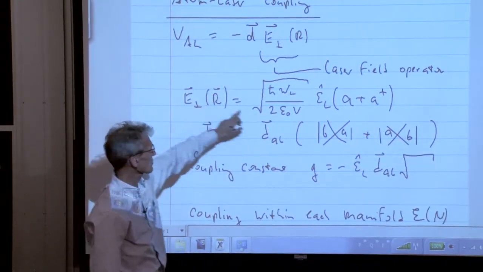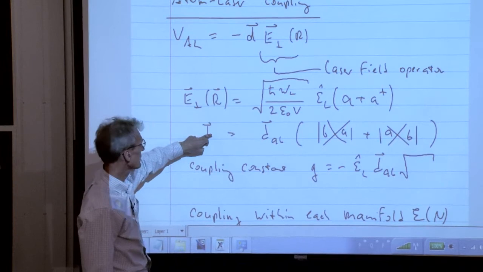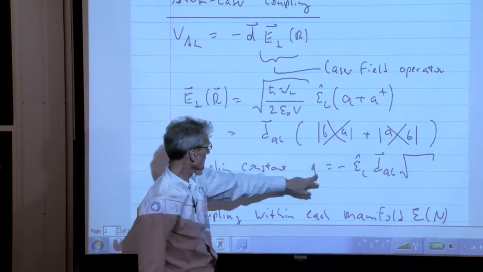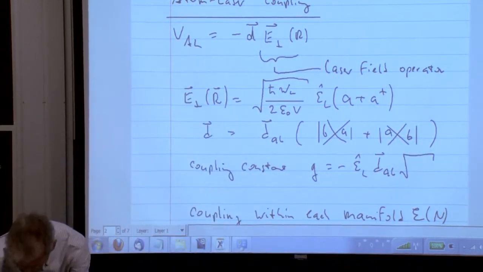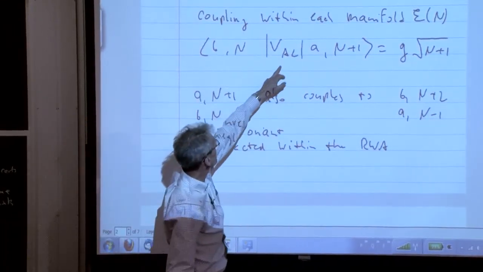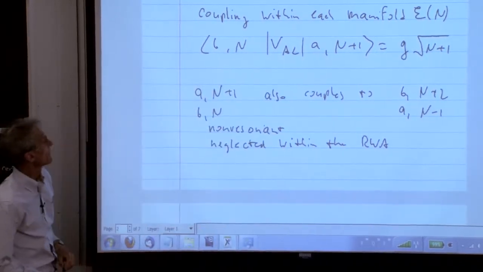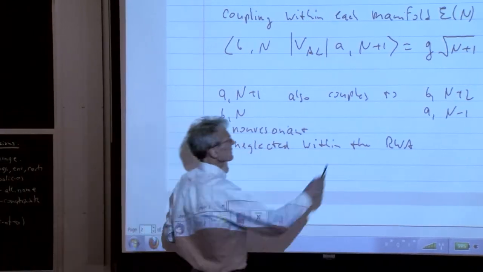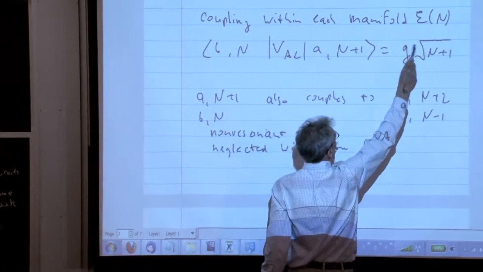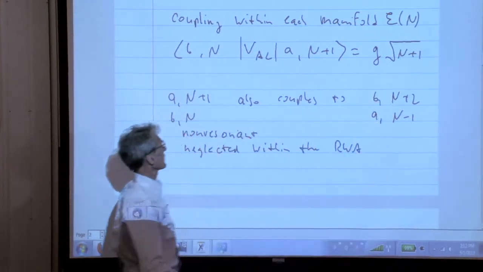Okay, so here are the equations for that. Our electric field is, of course, A plus A dagger. The dipole operator is that. And if we take what is in front of the electric field and define this as the coupling constant, G, we have what I just told you, that within a manifold, the ground state with n plus 1 photons is coupled to the excited state with n photons. G is simply the coupling constant, which all parameters have been included in that. But then because of the matrix element of A or A dagger, we have the square root of n plus 1.